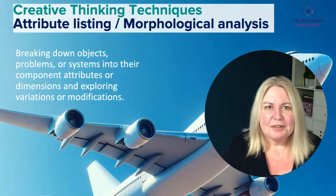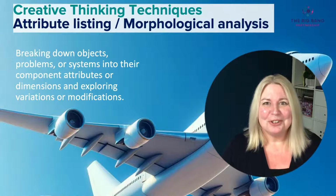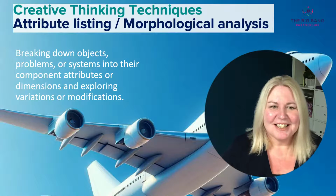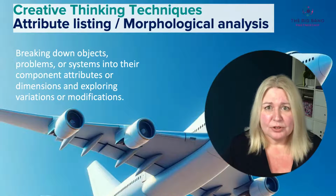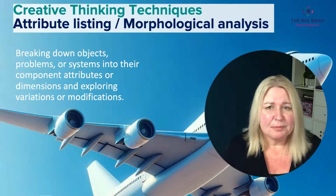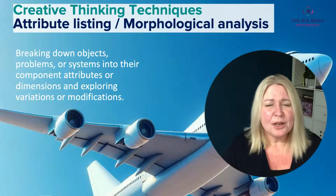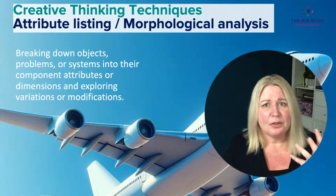Attribute listing or morphological analysis is the next type of creativity technique I'm going to talk about. Attribute listing is about products, morphological analysis is about problems. Okay, so what these both mean is very simply that you take the problem or you take the product or